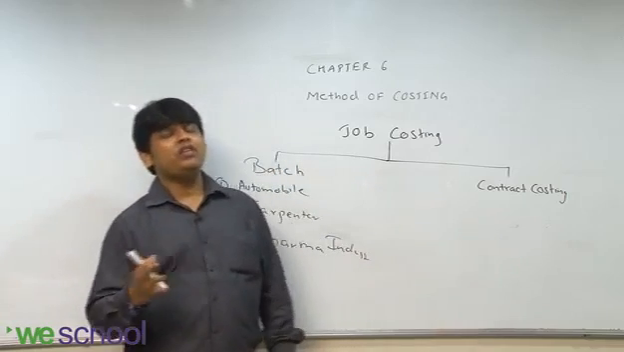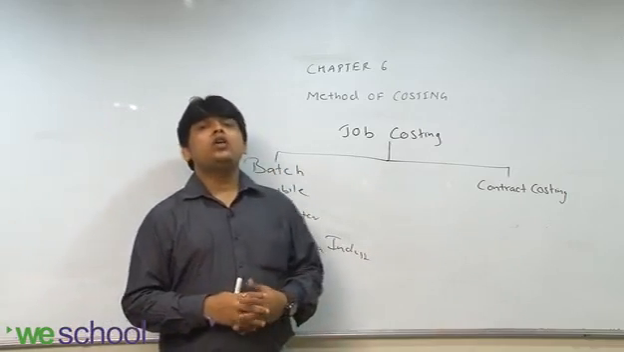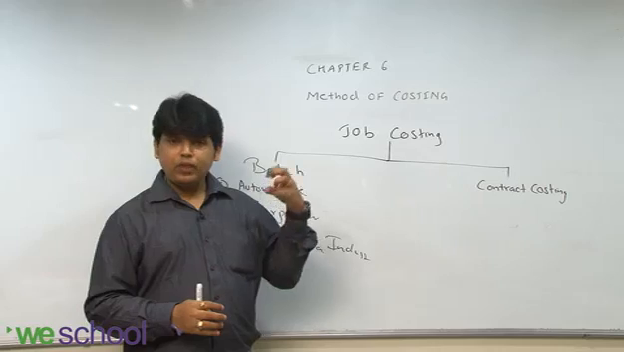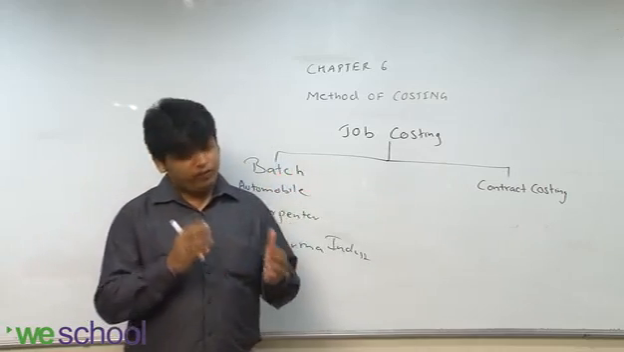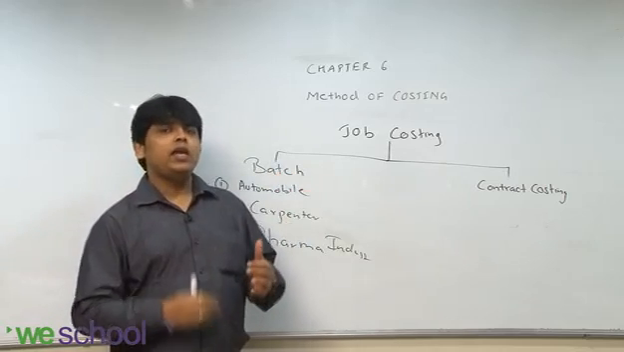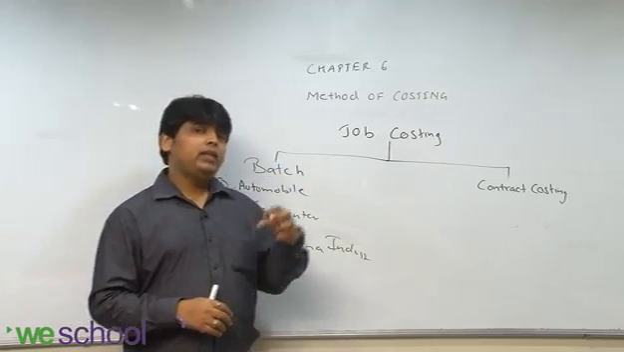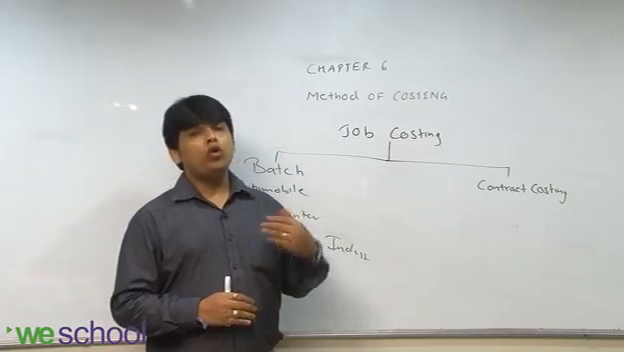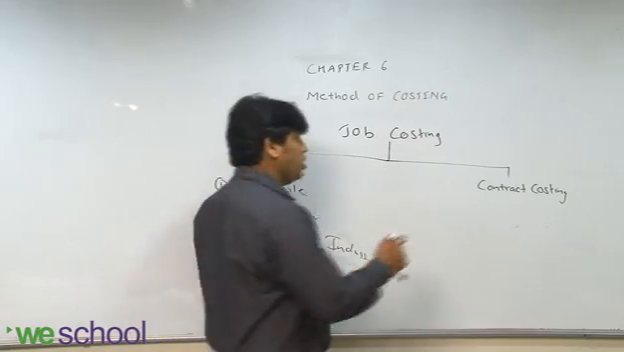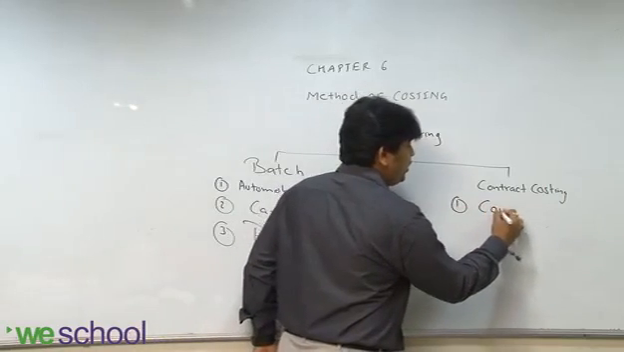So in layman's language, contract costing is a costing method used by those industries where the job, which they start when they get the order, is not going to get over in 1 year but may go on for more than 1 year. So in contract costing, we prepare a contract account